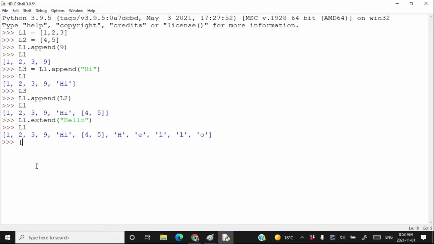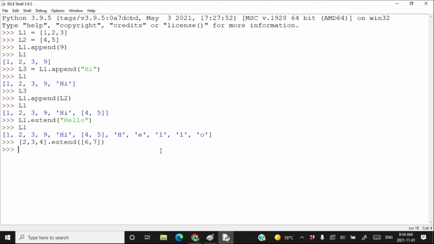Now let's call it like [2, 3, 4].extend. In the extend method use 6, 7. If you execute this statement, 6 and 7 will be added as separate elements of this list.